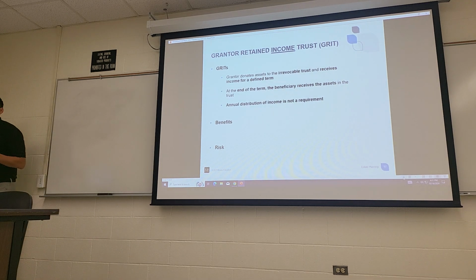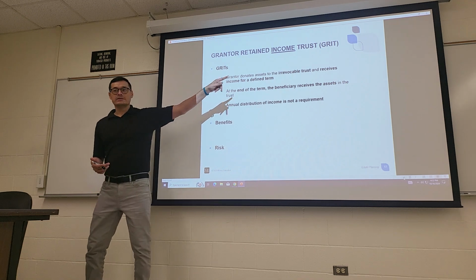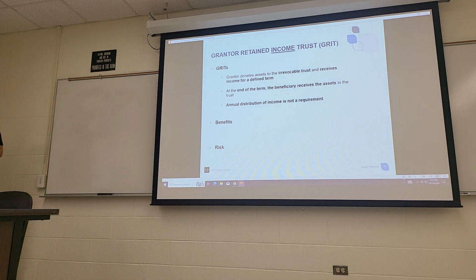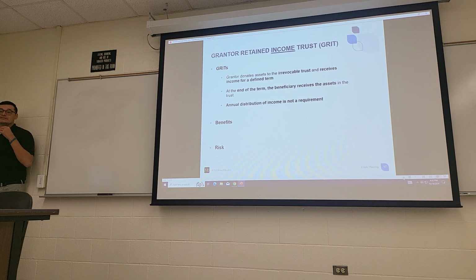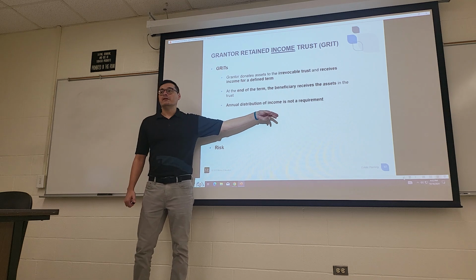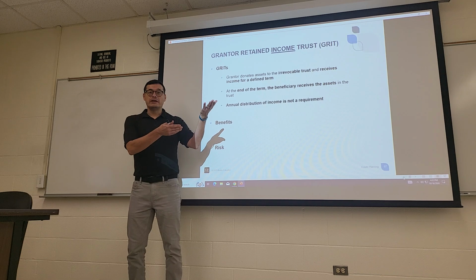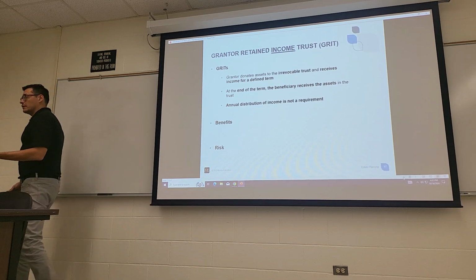So we're going to look at these three individually, and I'm trying to break them down for what they were. You have a trust. The grantor transfers assets and retains an income interest. This is why it's called a GRIT, an income trust. And at the end of this process, after the defined term, the assets have been transferred over. The grantor no longer retains any interest in the property, so it is officially removed from the gross estate. What's interesting on this one is that you do not have to distribute the income, so you can allow the income to continue to appreciate or stay within the trust.